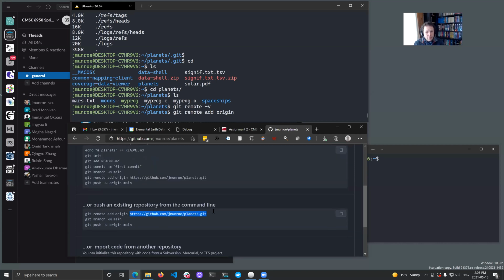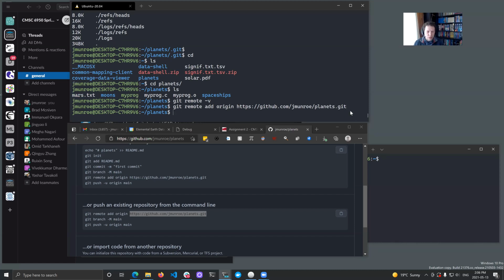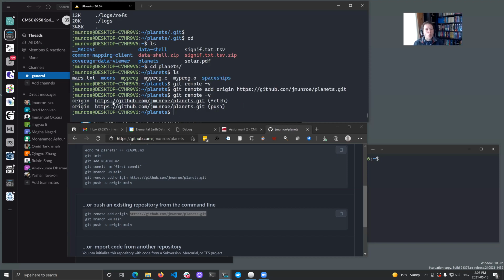Here's the line. Okay, I am remotely adding an origin pointing to this directory. If I say git remote -v, it shows all the remotes, all the remote origins. And one of them is GitHub, JMonroe, Planets, whatever. What I can do is create a branch and push this data to that remote branch. So I'm going to start by saying git,